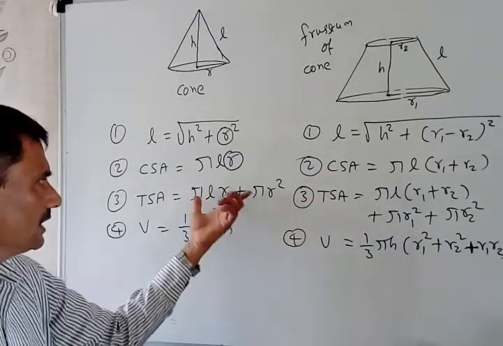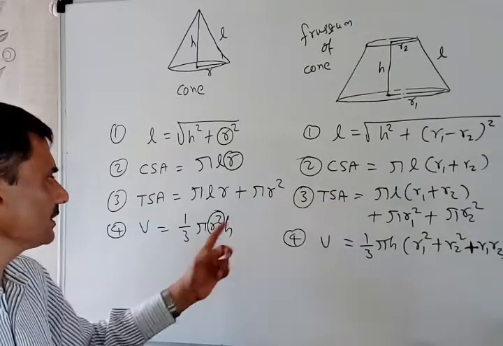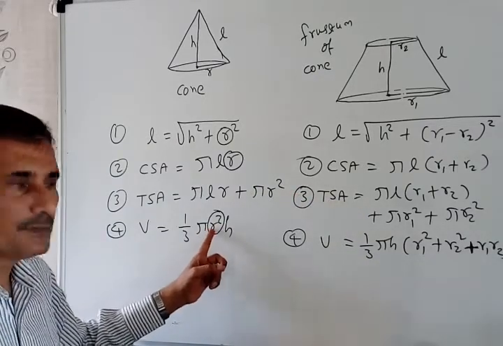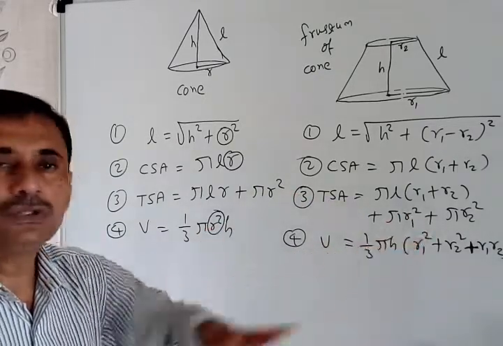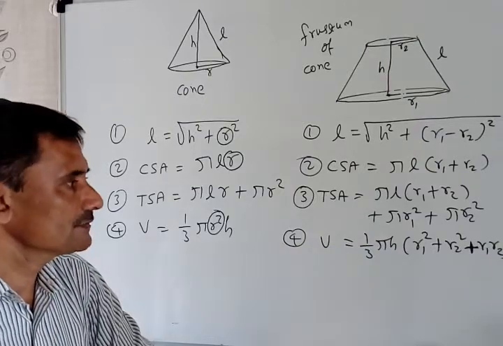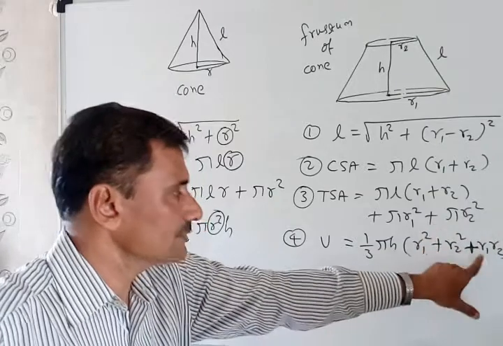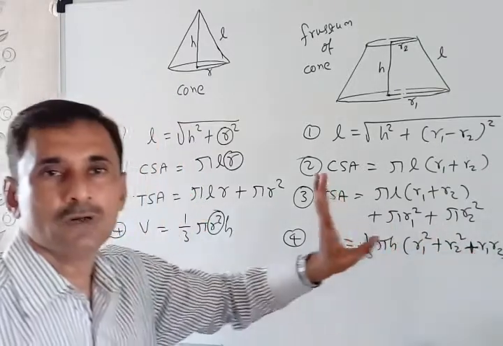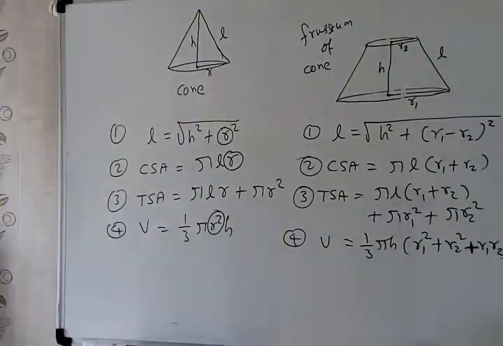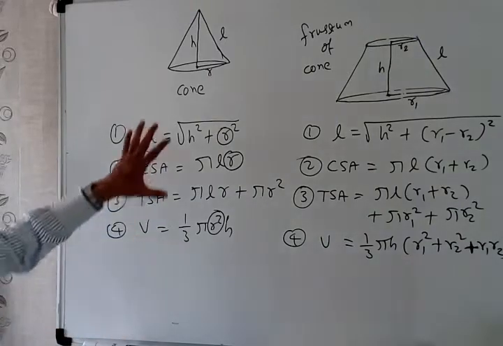That is simple only. I think no comparison is required. And here r square is replaced by r1 square as well as r2 square, and then the product of both. Not 2 r1 r2. Otherwise you can write a whole square, but not 2 here, only r1 r2. Okay. Now another thing. Here